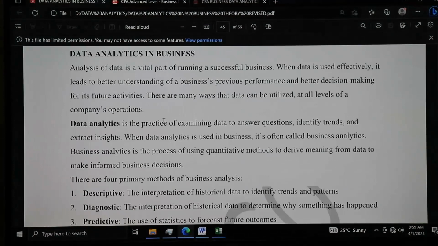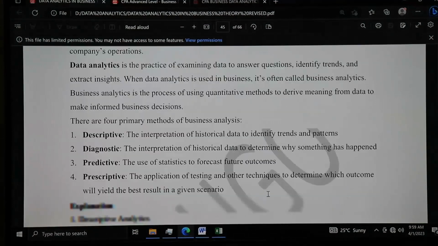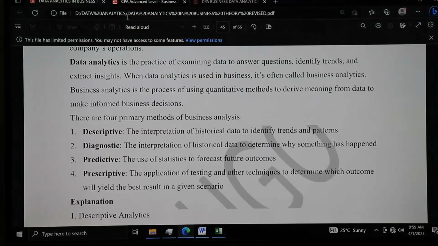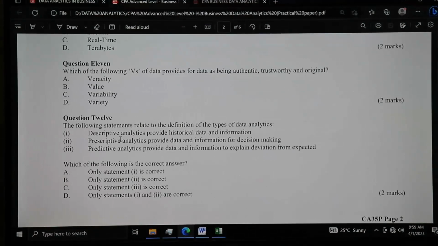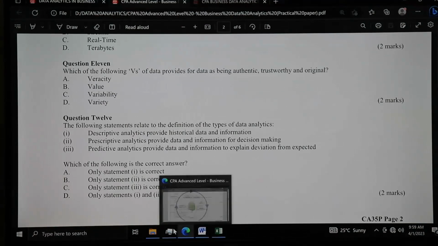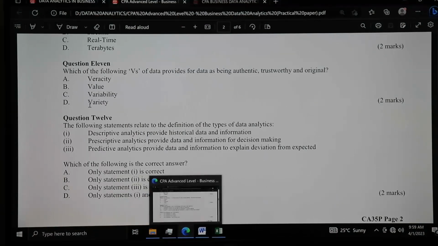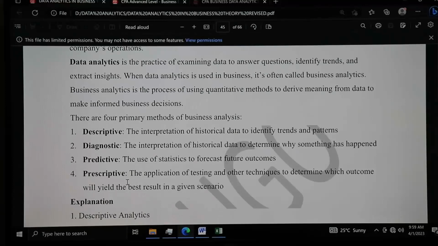So descriptive analytics interprets the historical data and identifies the trend. That means the first statement was actually true. Descriptive provides historical data and information. Prescriptive provides data and information for decision making. Does it do that? Then you can say that prescriptive